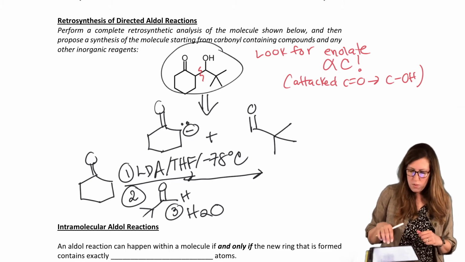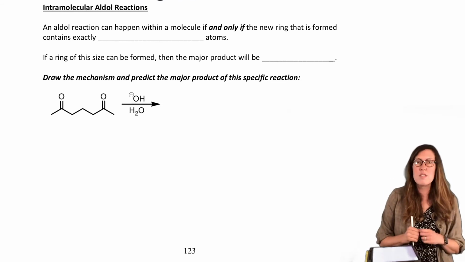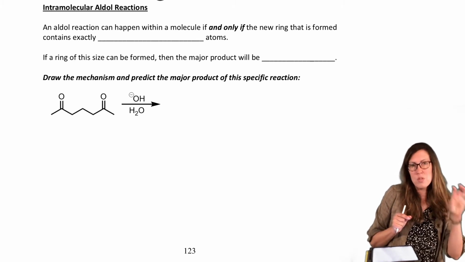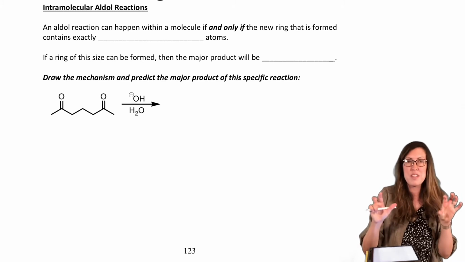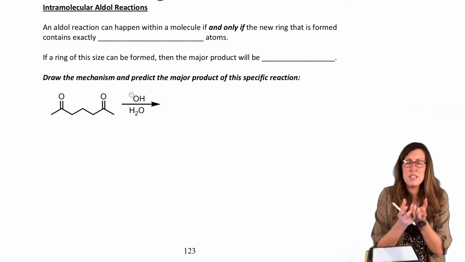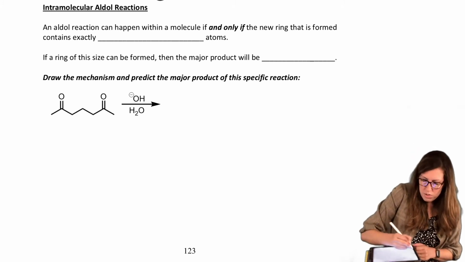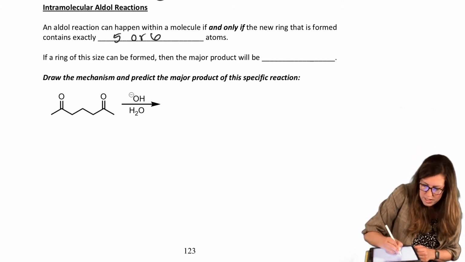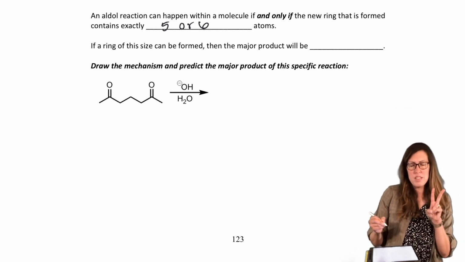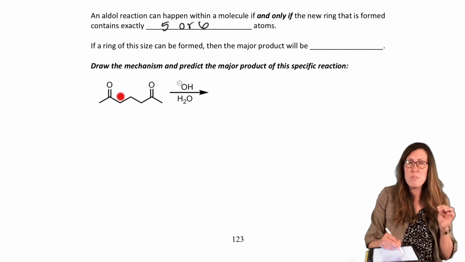Okay, I want to step it up a notch and show you another fun example of mixing the aldol nucleophile and electrophile in the same compound, only this time one part of the compound is a nucleophile, one's the electrophile, so they have to come around and attack. And this can happen if you could form a ring that's a reasonable ring size, like 5 or 6 membered ring. So this is favorable for that ideal ring size scenario. And so if you see this, if you don't see 2 separate things, instead of doing a self-aldol, double check to make sure you're not going to do an intramolecular aldol.